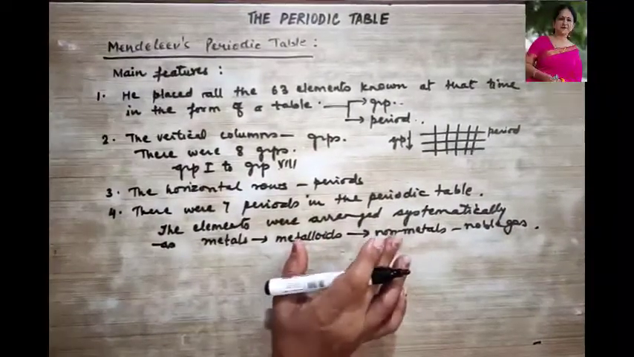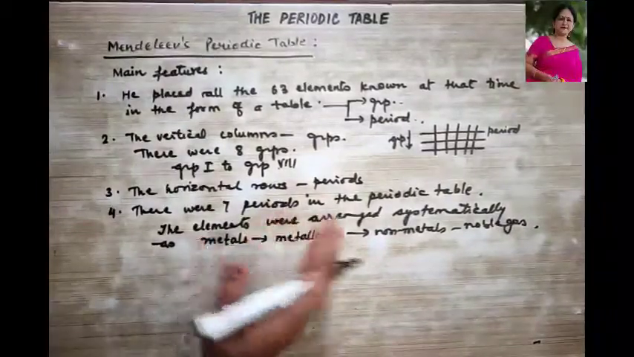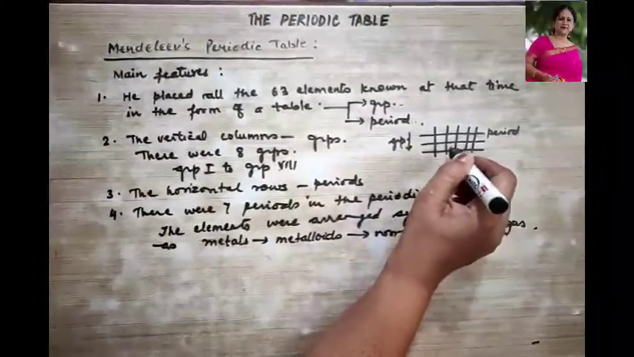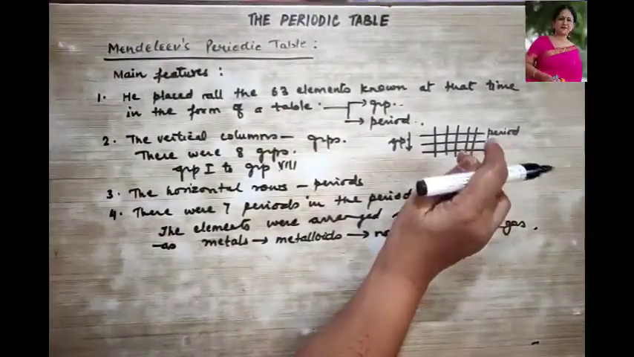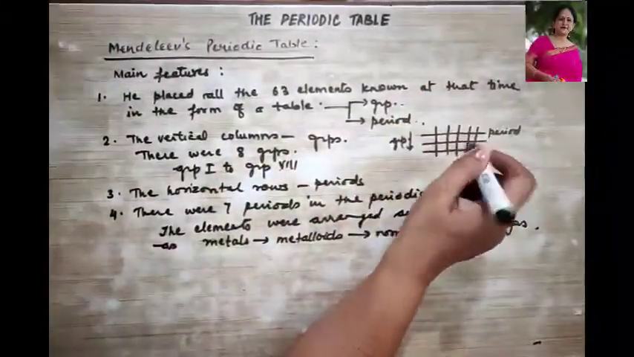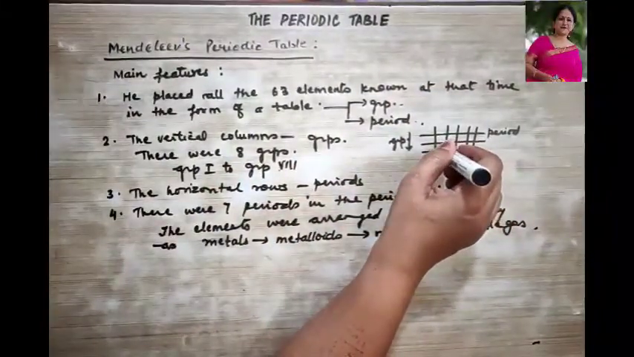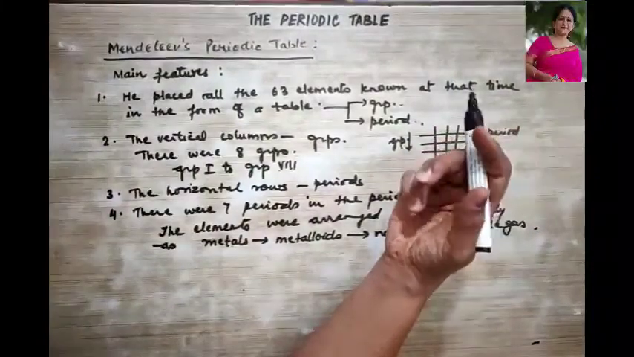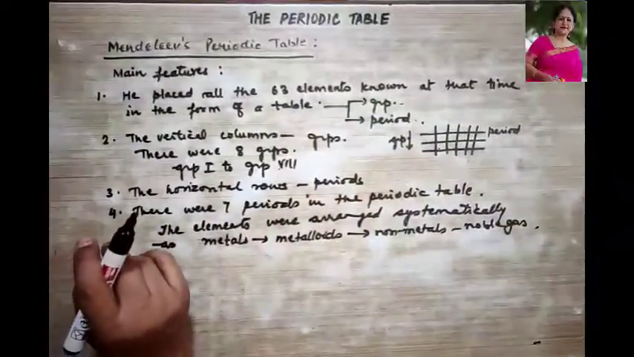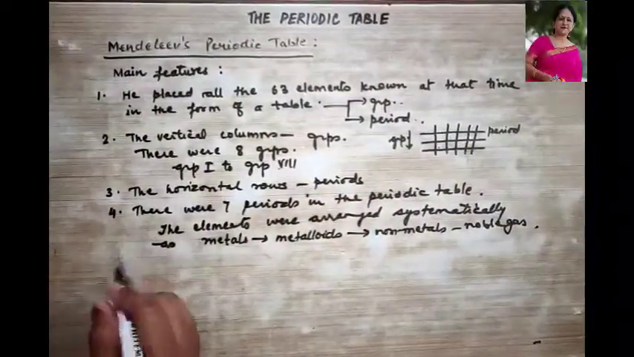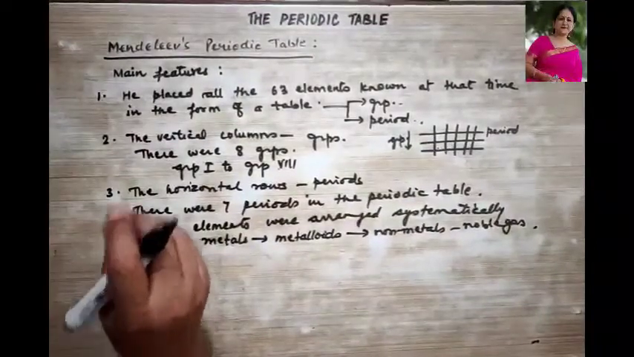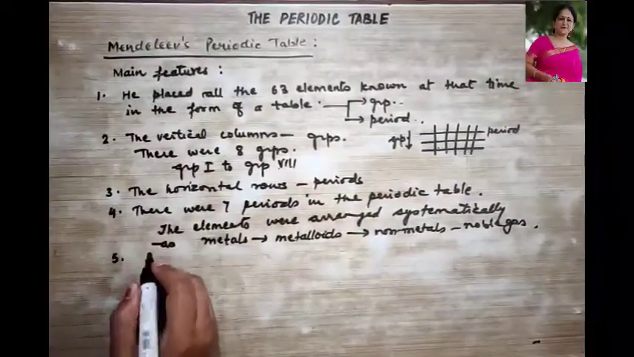So there were some gaps also in the periodic table. When he was placing all the elements in the form of a table, he even left certain gaps if there was no atomic number, thinking that in the future, if an element of such property is discovered or obtained, then that particular element can be placed in that particular gap. So the fifth point, and this is the most important point you should say about Mendeleev's periodic table,